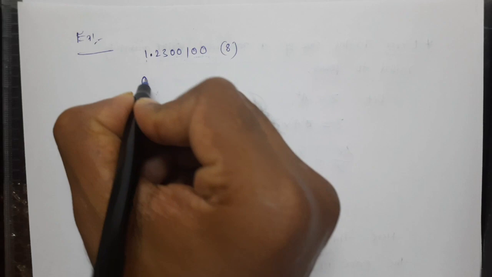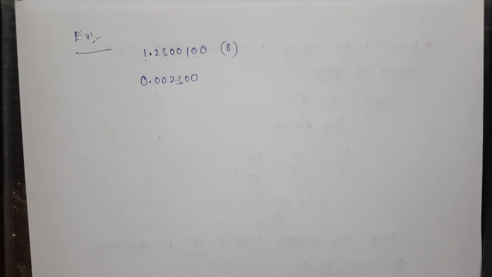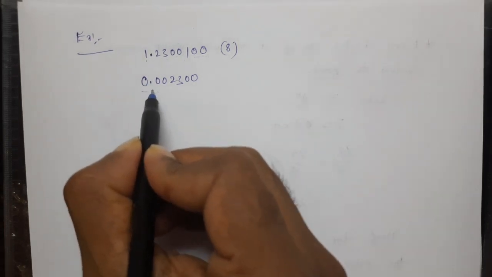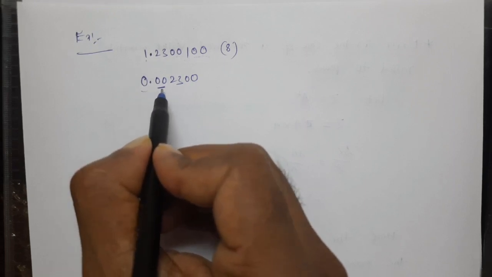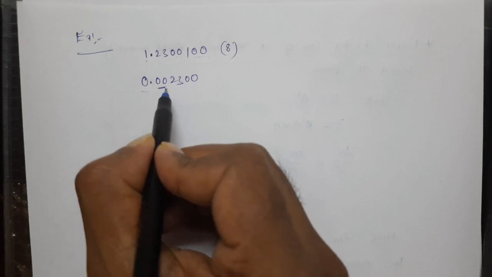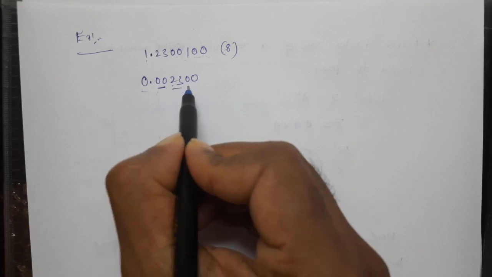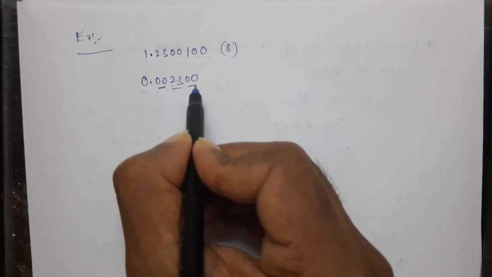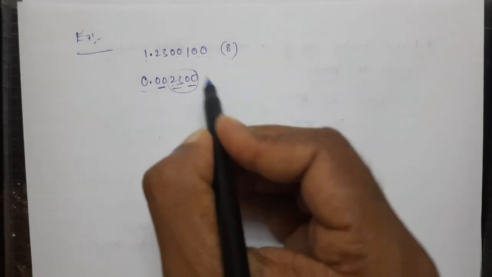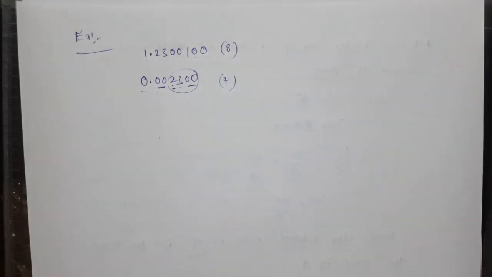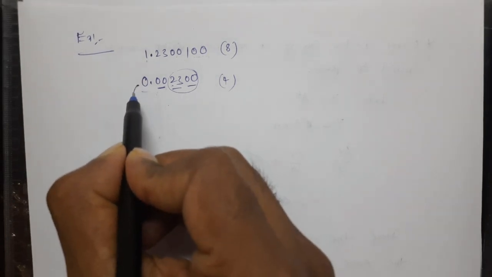And now in this case, how many significant figures are there? 0 is not a significant one, and these two zeros are also not significant, because this number is less than 1, and these two zeros are after decimal point but to the left of the first non-zero digit. So these three are not significant, but the 2 and 3 are significant, and these two zeros are also significant. Why? These two zeros are after decimal point. So total how many significant figures, or significant digits, are there? 4 are there.